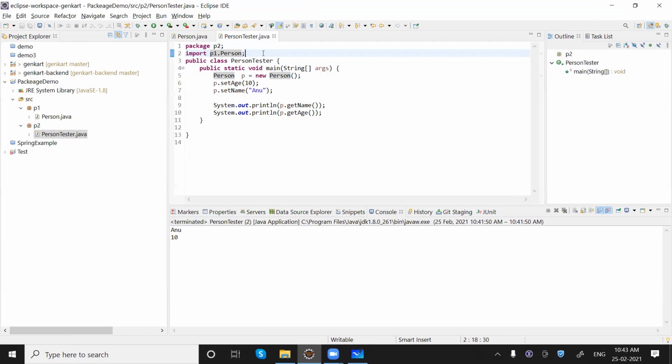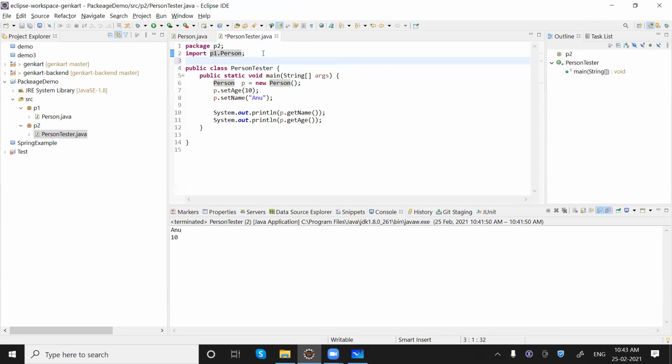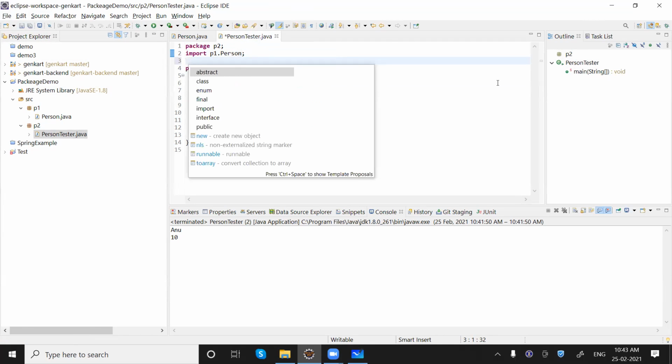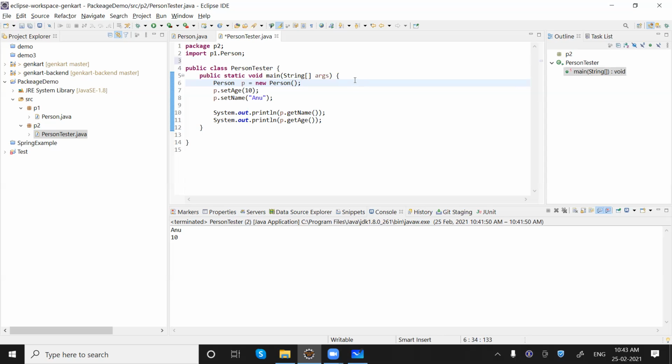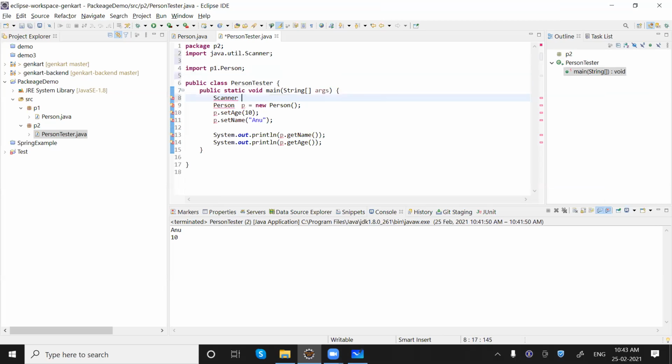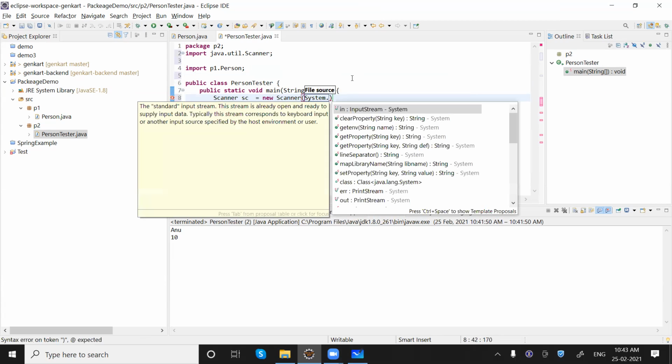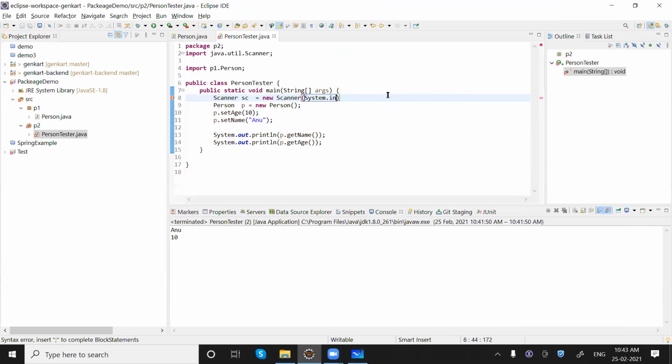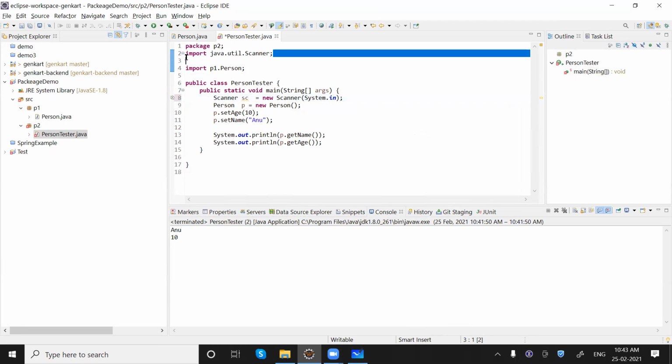Like for example, when we use Scanner, sc is equal to new Scanner. You can see what we are doing: we are adding one import statement, saying from where this class will be used, from this package.